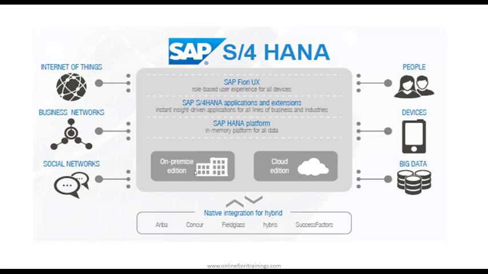Or another option is Cloud Edition, S4HANA Cloud, where you will consume the entire software as a service, SaaS. That's Cloud Edition. So these are two options which we have. Whichever is your company size, accordingly you can decide to go ahead with S4HANA releases. It has very good integration with lots of other SAP products growing in the market like Ariba, Concur, Fieldglass, Hybris, and SuccessFactors. So this is the complete positioning of the entire S4HANA product.